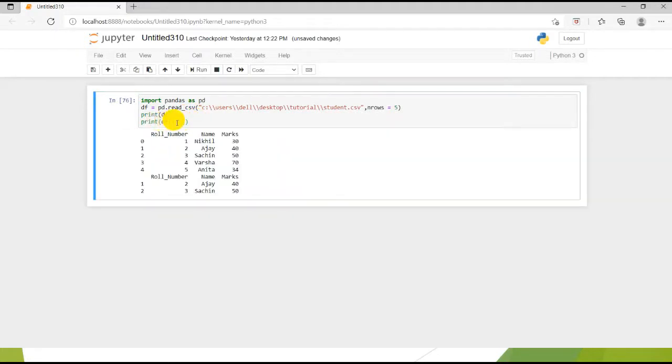So you can just use this slicing technique. df[1:3] means I'm starting with index 1 and going up to index 3 minus 1, that is 2. So you will get 2 records, the second and third record of a data frame. So you can process the data frame as per your requirement. So the read_csv function is used to obtain the contents of a CSV file into a data frame.